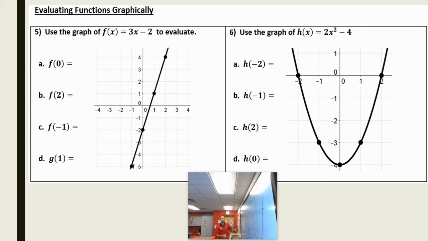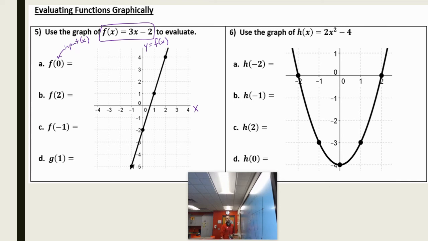We can also use graphs. We can use graphs to evaluate functions as well. So notice I have the function given to me, but what I want to know is, when I plug in, so again, this is my input, or usually it's your x value. So think about the connection to a graph. When you're graphing the x-axis and the y-axis, think of this as the x-axis and the f of x axis,